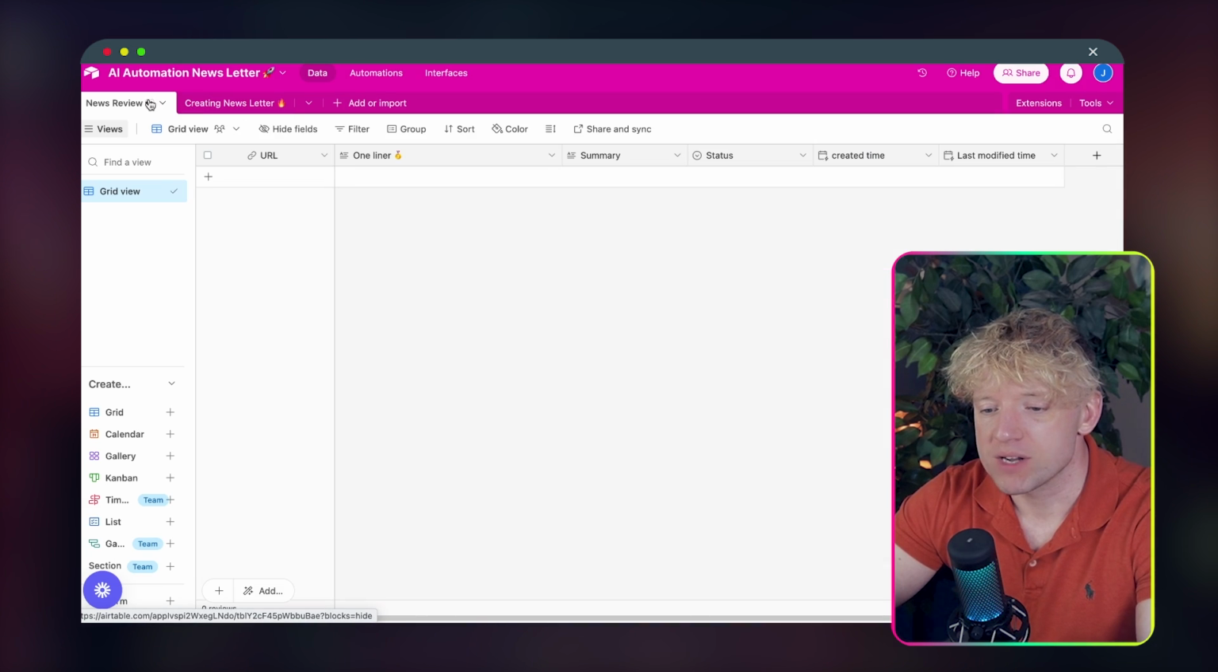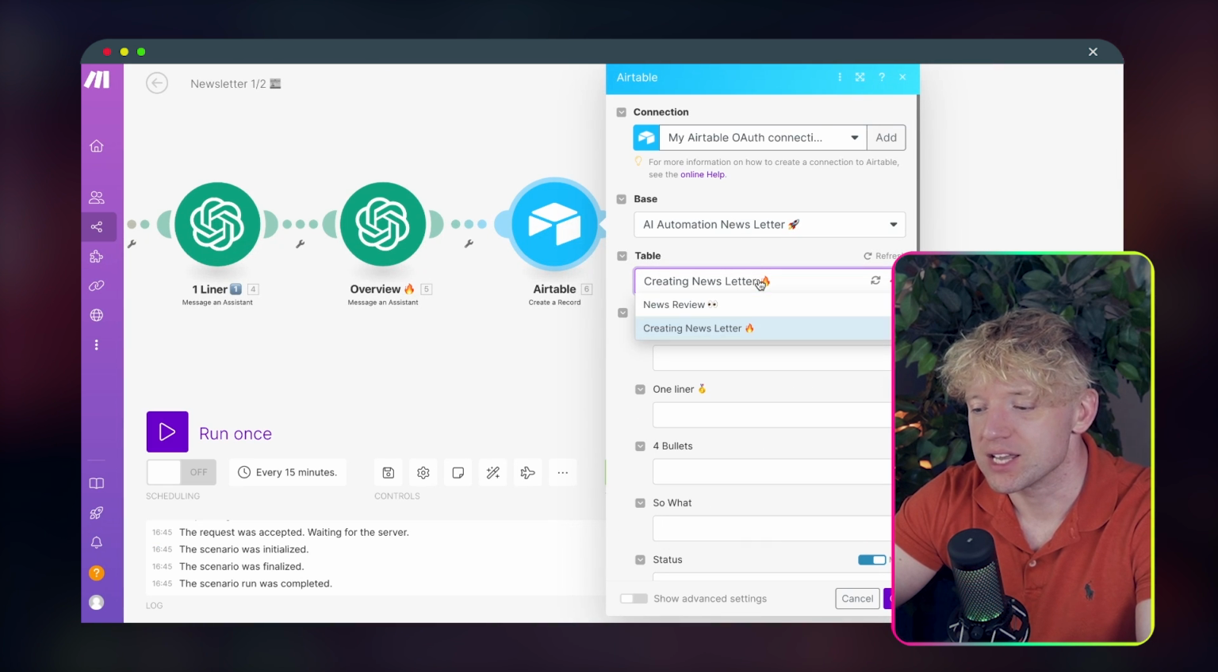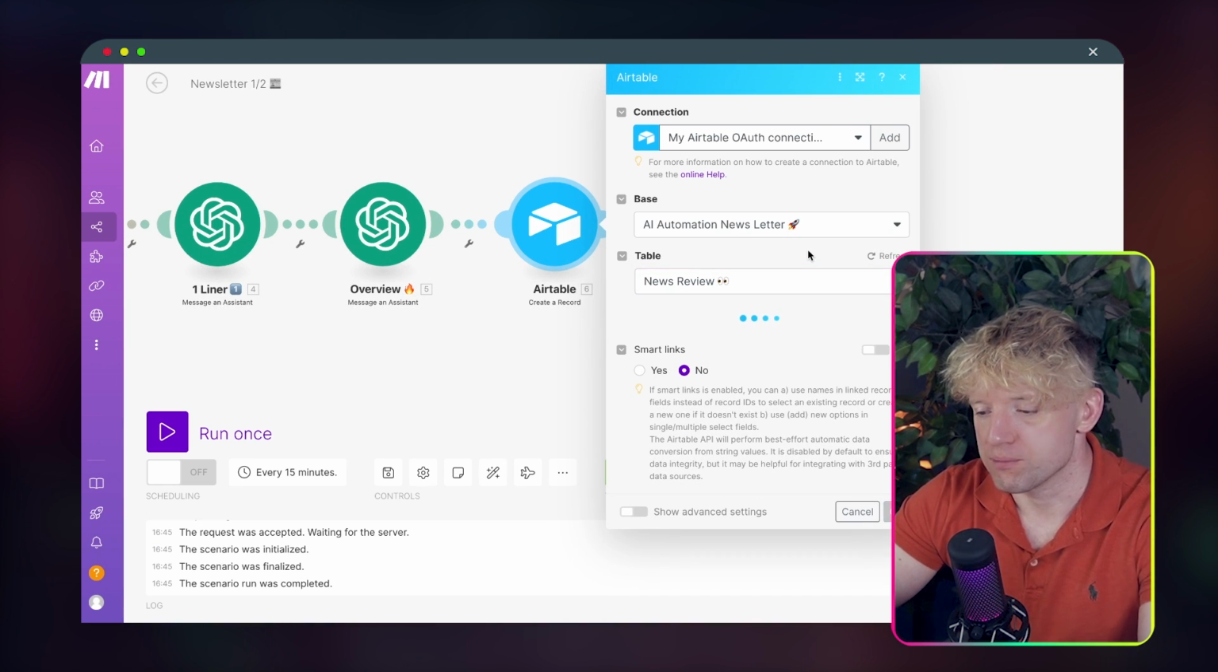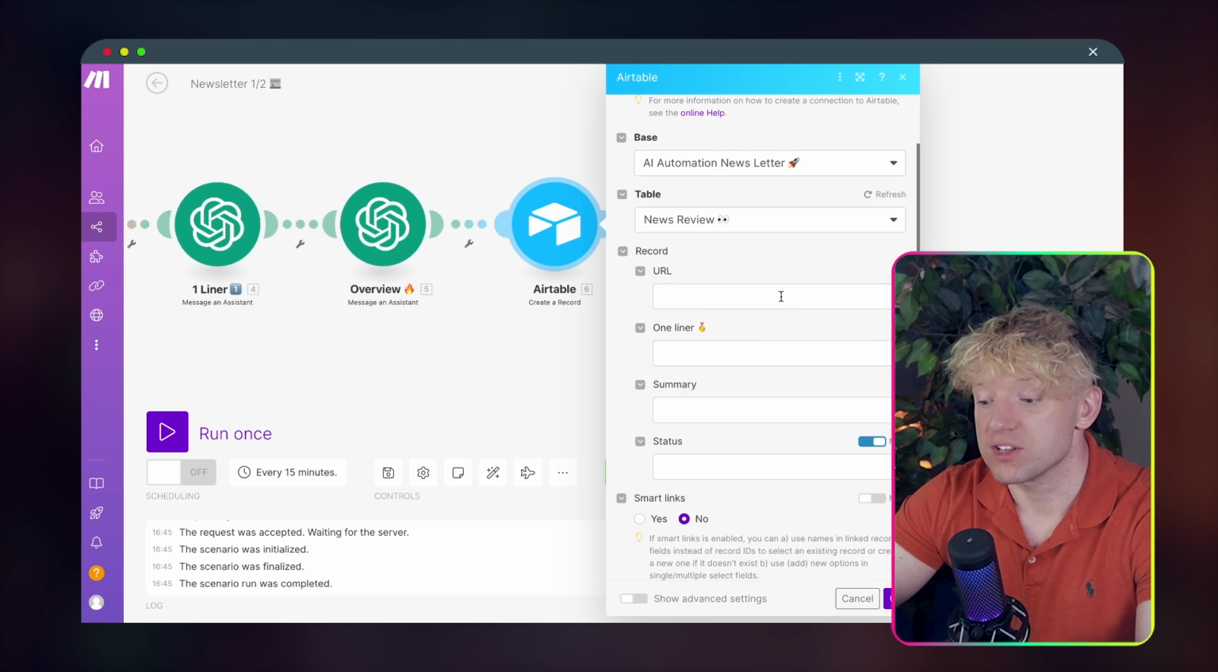You can see creating newsletter, news review. So we need the news review. Awesome, perfect. And then you're going to see this, right? You're going to see URL, one-liner, summary, and status. So look,